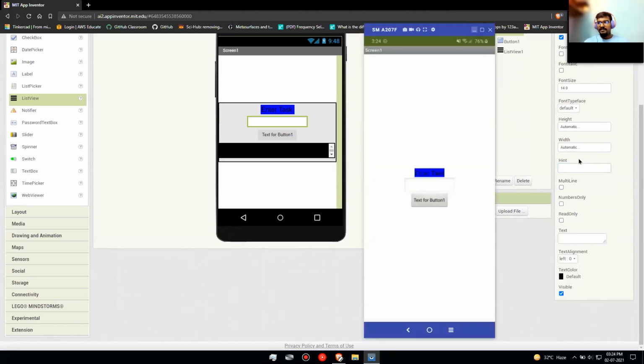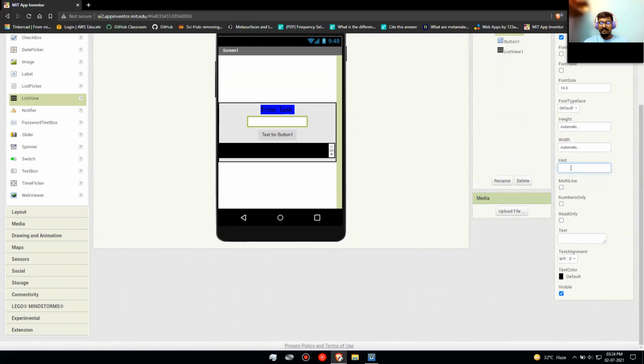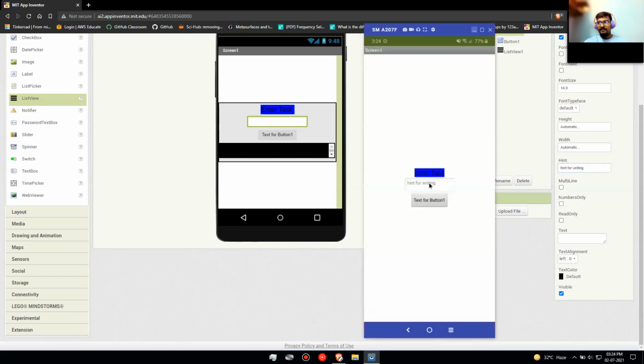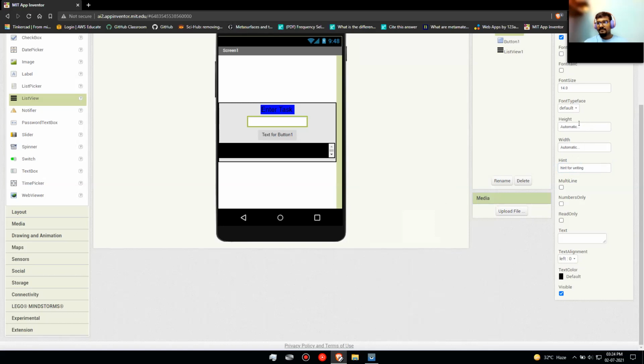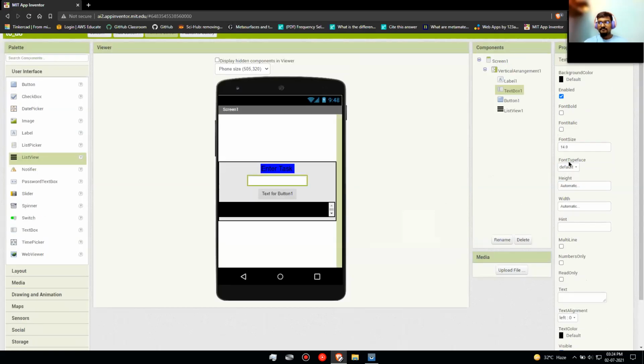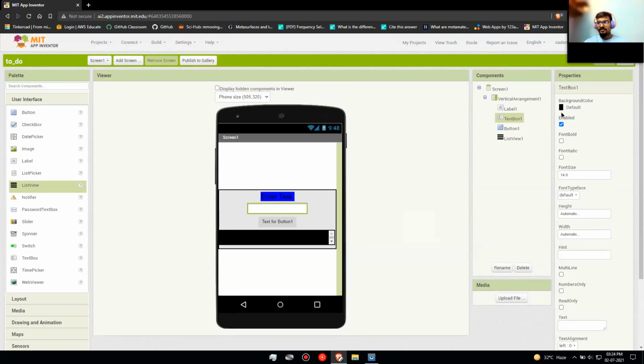What it basically does is if you write anything in that hint, it should be like this as default, but we want it to be blank. So just remove that. So our text box properties are also edited.